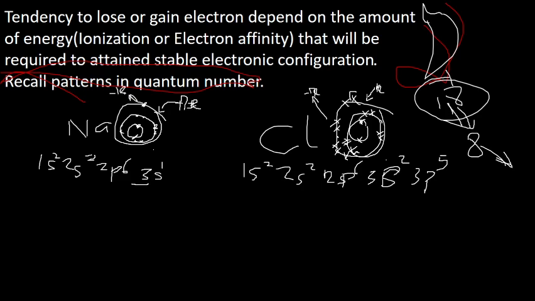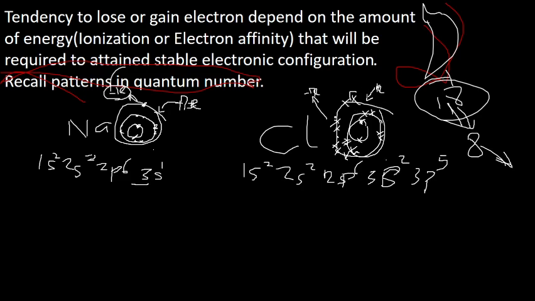Which one is easy? The same amount of energy is expended in adding and removing an electron. In order to achieve stability, sodium will prefer losing this particular 1 electron. By doing that, it will obtain its own octet stability by just losing 1 electron. But chlorine will prefer gaining 1 electron in order to achieve its own octet stability at the